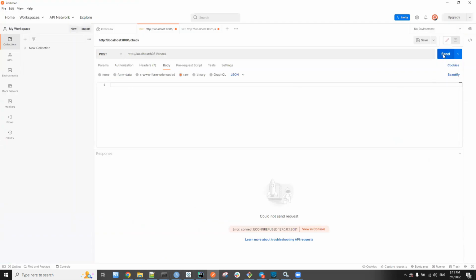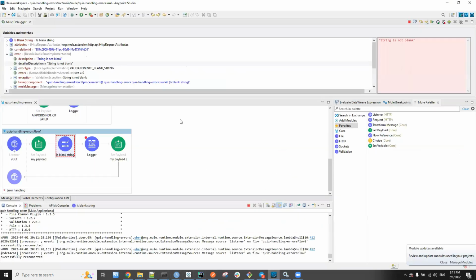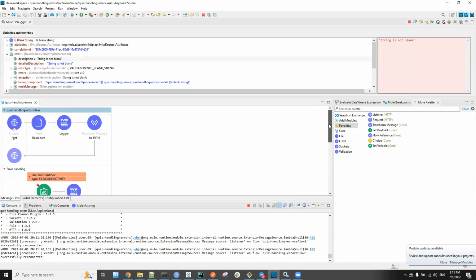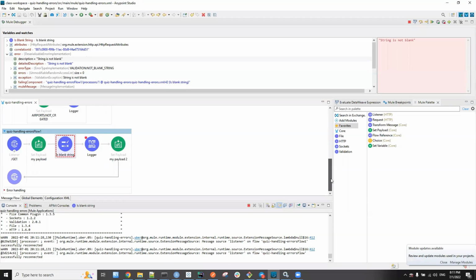If I send now, the description, let me check maybe. Okay, it's fine. So you see the error description is string is not blank. So this is the default. So you have to pay attention to what is there in the XML and its optional settings. The answer you get will depend on the configuration, which is what I am showing here.